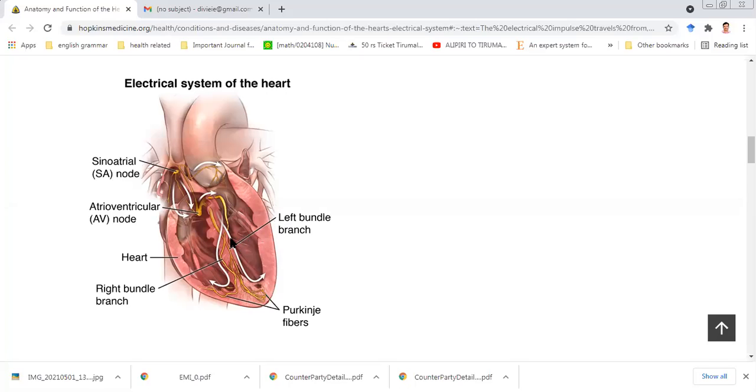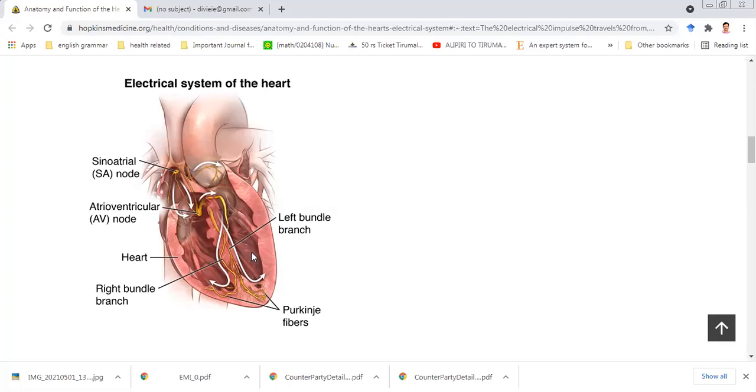From these bundle branches, the electrical signals will travel to the left ventricle and right ventricle, and these pulses go to the ventricle through Purkinje fibers, small fiber cells. Okay, these are connected to cells, and those are connected to the ventricles, and due to that, these electrical pulses connect to the ventricles, and there the ventricles will